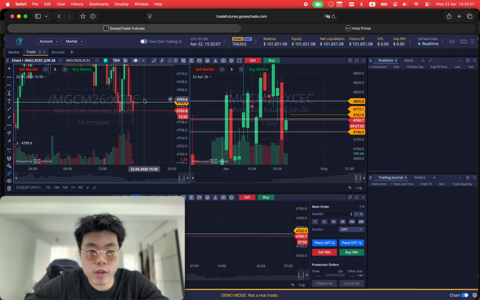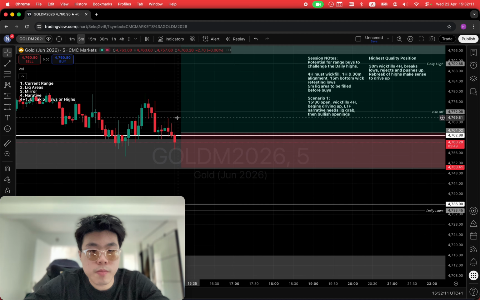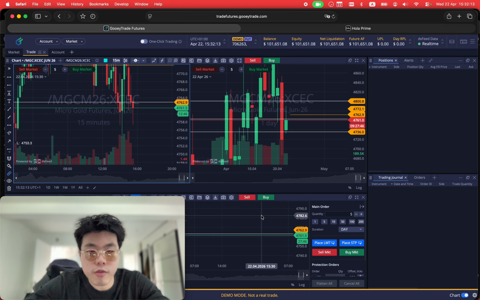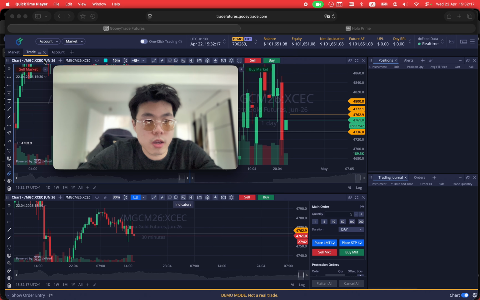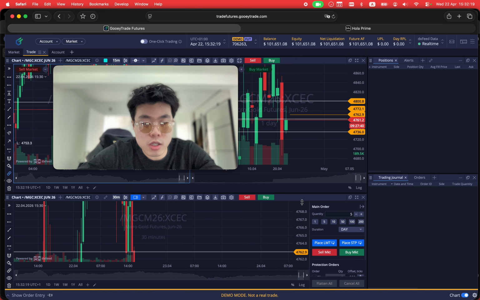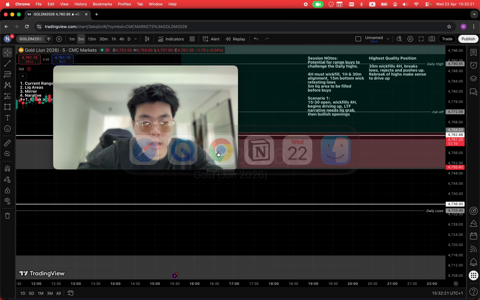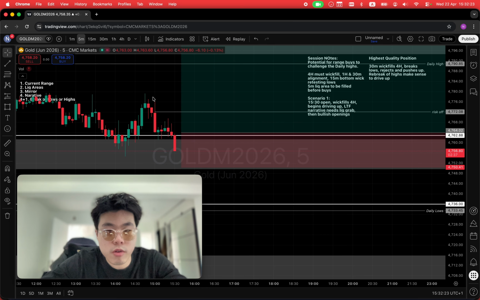I think if price re-breaks this high, you should be entering into a position on the 15. And matter of fact, I think I'm going to do just that. Let's move me out the way. And then we're going to set a buy stop on the rebreak of that high. The scenario that we're looking at,